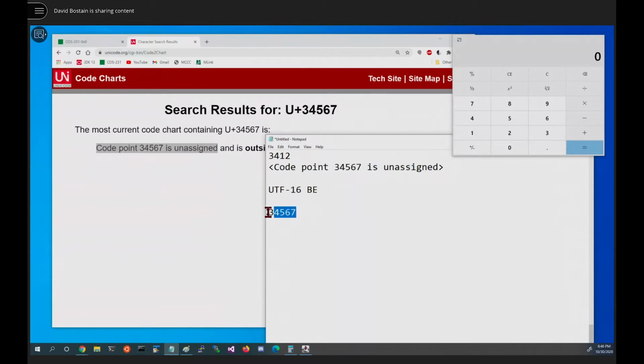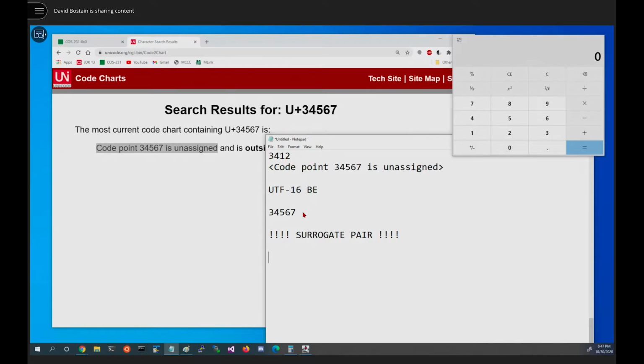We've used up 16 bits here. We're in the nibble now that can take us up to 20 bits. So we're bigger than 16. We can't be encoded directly in UTF-16 because we're more than one unit of 16. So that's who gets to enter the room right now. Mr. Surrogate Pair and the Dancing Bear. Mr. Surrogate Pair gets to come in.